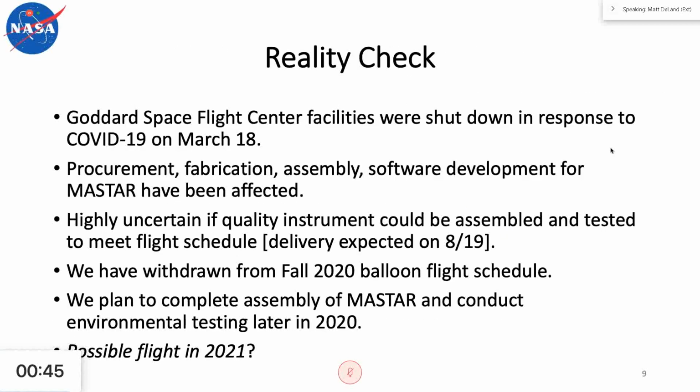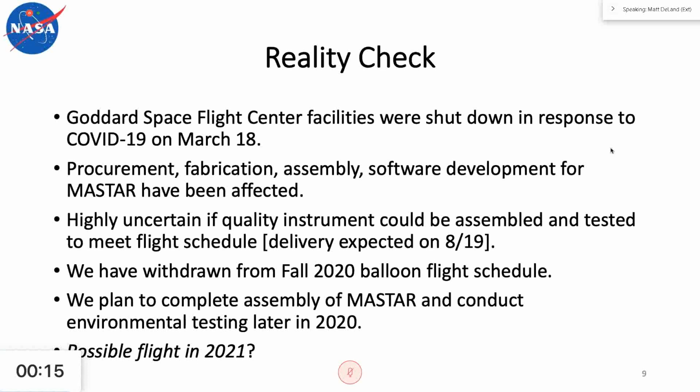Next slide, please. And so then reality check it for us. We have been working towards a balloon flight in fall of 2020. NASA Goddard shut down facilities on March 18th, which put a screeching halt to most of our procurement, fabrication, and assembly, and we were able to do some software development, but not fully testing things. Given the uncertainty of when we might be able to get in and try to finish it,